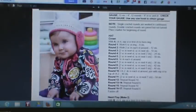So we will start with the actual baby, it's called Lovey Hat for baby crocheted hat. And it's this adorable baby hat, and it actually has hearts for the ear flaps. So this pattern is through Redheart, and it will call for,